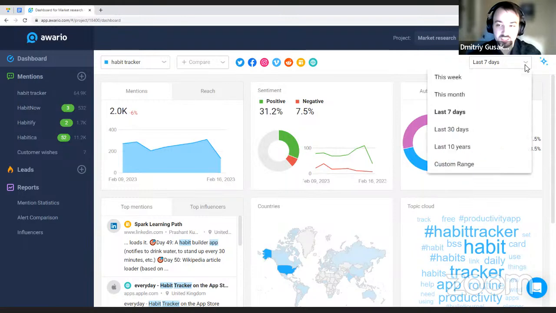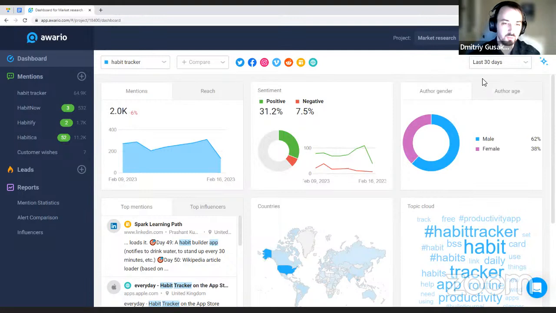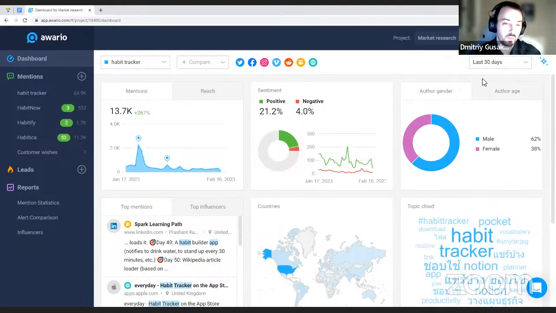Of course, you can extend it and have it go back a bit more. Let's say the last 30 days is probably a bit more representative. And there we have quite a bit more mentions, with peaks even at specific points in time. So yeah, this is a rough general idea of how many people might be interested or might be discussing this segment at all.